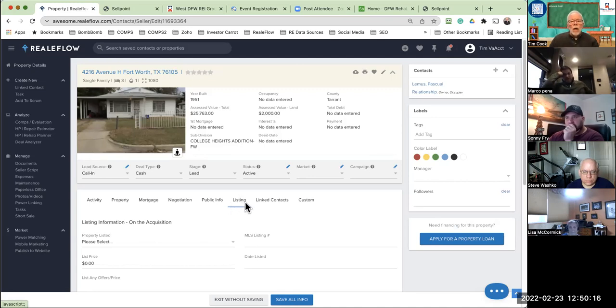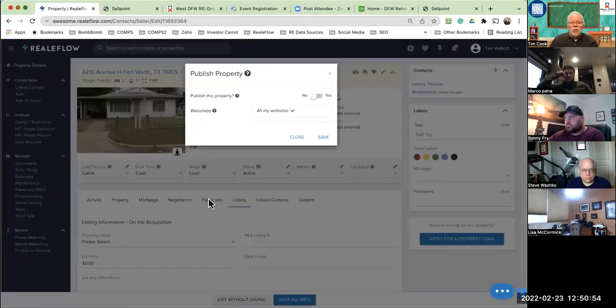Okay. So once you've got that saved, then you're going to come down here. Notice where it says publish to website. And this is kind of another pet peeve of mine. I've been trying to get Realeflow to fix that. In my mind, you want to do things in sequence that you're trying to go work the property, right? So in my mind, this ought to be before power matching. Power matching should be the last thing that you want to go do. And the reason I say that is when you click on this publish to website button,